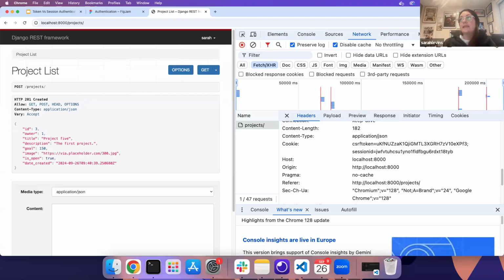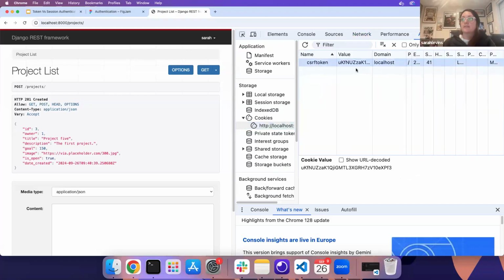If I was to delete that cookie, so if I come back to application and I just click delete and it's gone, if I then tried to make another project